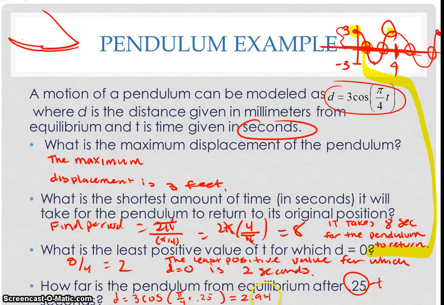That is 2.294, and our units is seconds. Sorry, it's distance, and the distance is in millimeters. So let's answer the question. So since it's a positive number, the pendulum is 2.94 millimeters to the right of equilibrium. Right meaning to